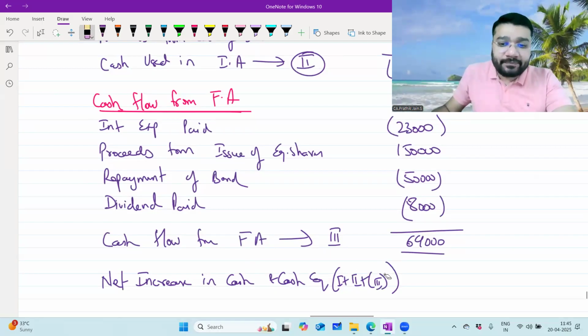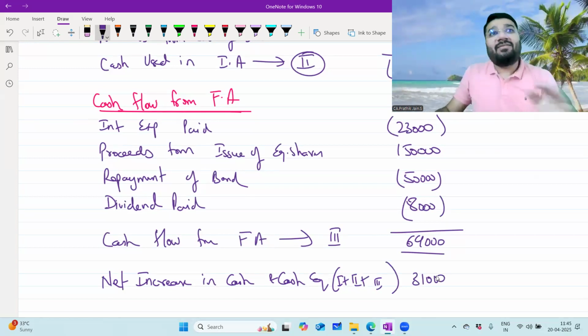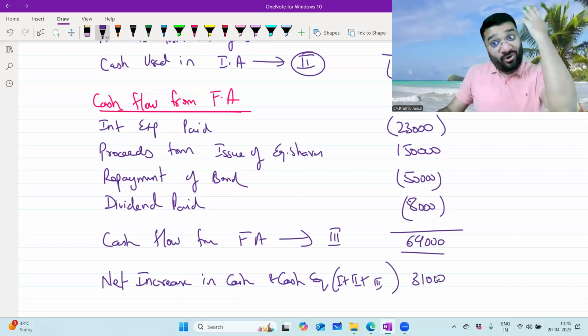How much is it? 31,000. All this 31,000, we did so much of drama. Yes, sir. 31,000 rupees, okay. If it is 31,000 crores,